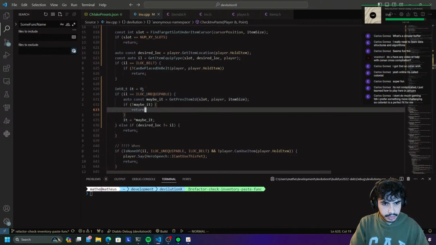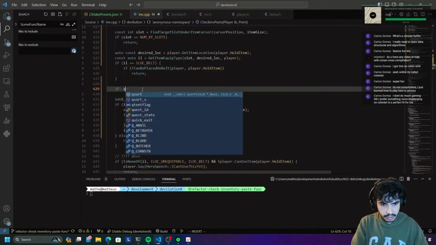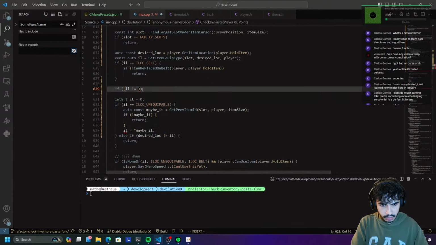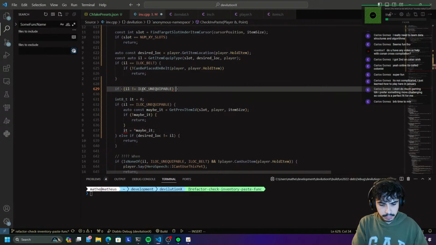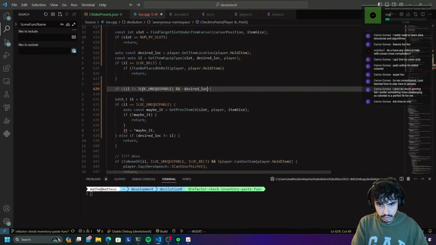We can do that. We're going to go back to whatever we did at the start, which is an else if here, and we're going to say if the IL is not ilock unequipable. So if it's not an unequipable item and the desired location is not the same as IL,